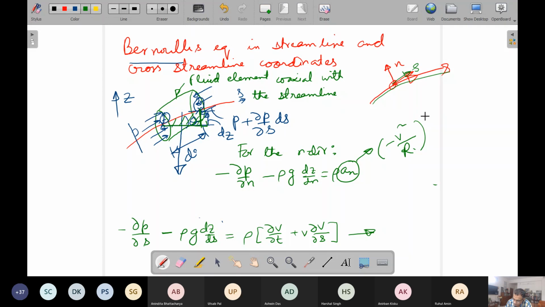This is a very, very important thing. This is just like particle mechanics. If you have a curved path, there will be an acceleration because of the curvature of the path, and this is exactly the same thing. There is absolutely no difference. It is a centripetal one, so it is towards the center and towards the inner side. That is why minus. And r is the local radius of curvature of the streamline. It is local; it changes everywhere.